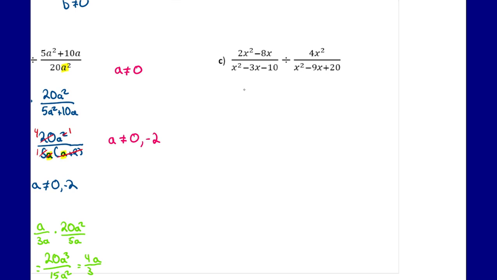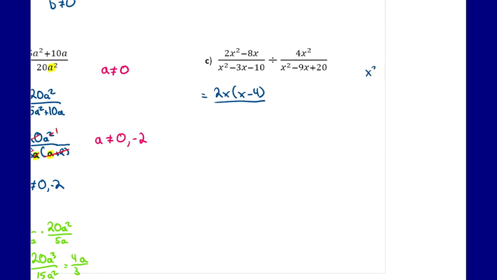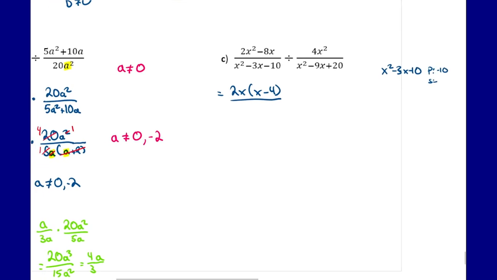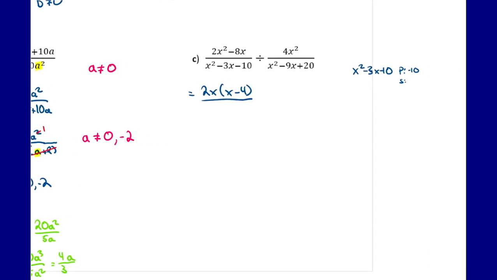So before I flip it, I want to factor. So 2x squared minus 8x, I can factor that as well. I can take out a common factor of 2x, and I'm left with x minus 4. On the bottom, again, I'm going to do these off to the side to save me some space. So x squared minus 3x minus 10. Product and sum, so -10, sum of -3. That would give me -5 and +2. So I'll have x minus 5